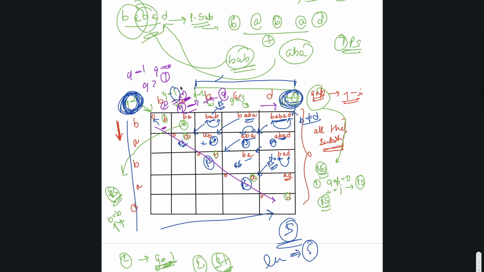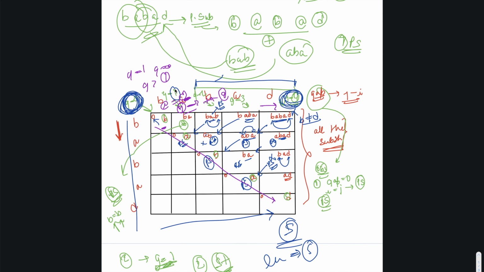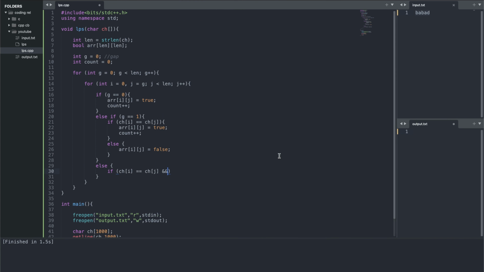Whenever the gap is greater than or equal to 2, if the character at I is equal to the character at j, we have one more condition: array of I plus 1 and j minus 1 should be equal to true.